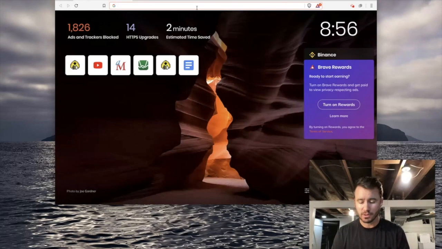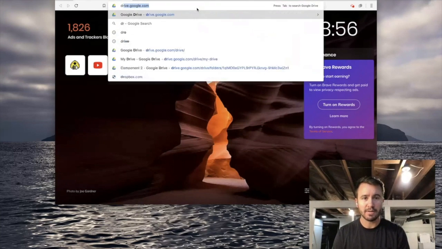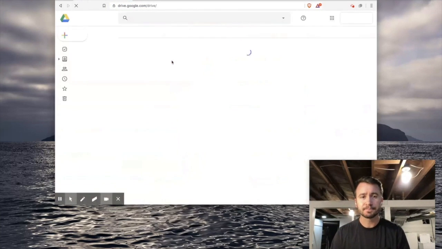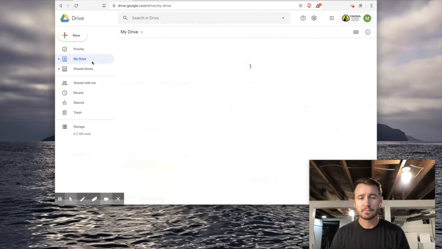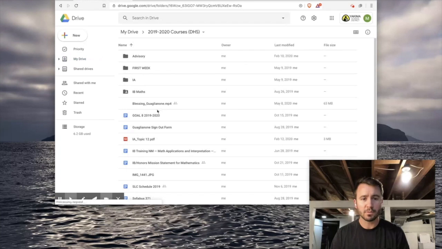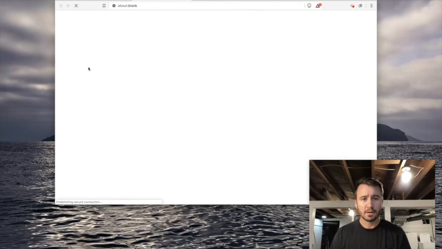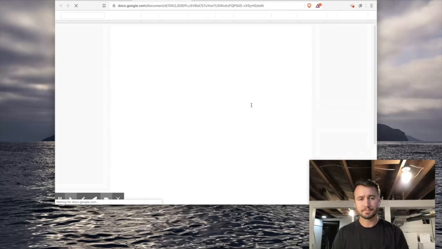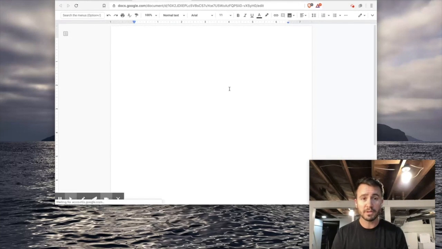So I'm going to go to Docs or drive.google.com. I'm going to open up a folder where I'd like my directions to go. Create a new document. And first, I'm going to give a little bit of directions. Today you will be